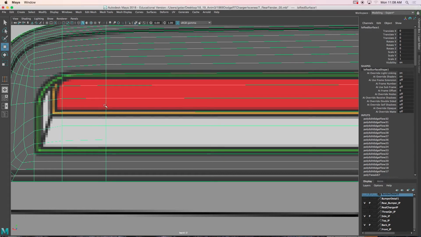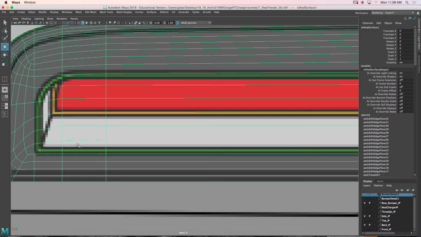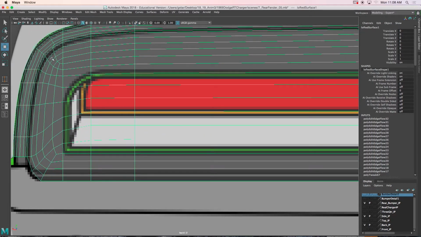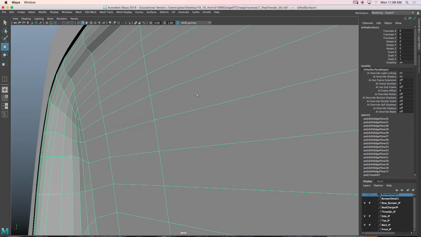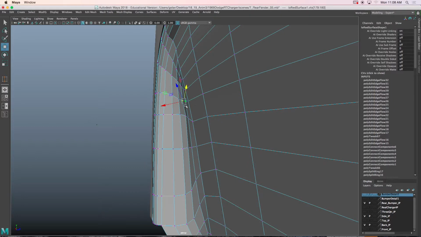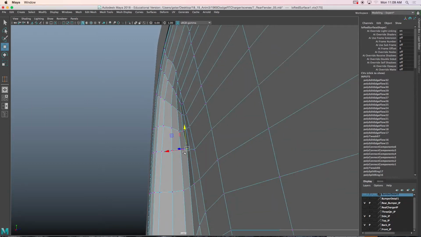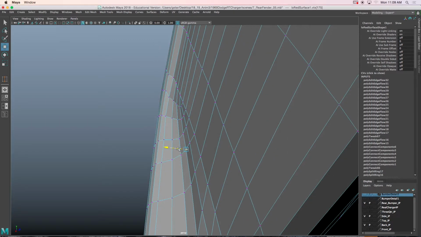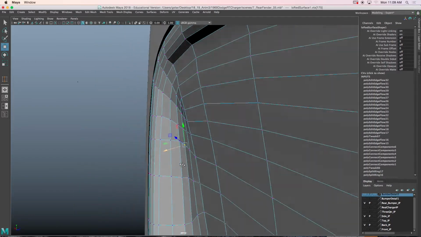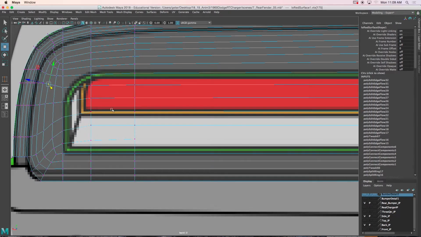So in the last tutorial, we were modifying this particular corner of the car, and I think I did a pretty good job. It's still not ideal, something that I'll have to work on in my own time, only because, again, I don't want to bore you guys with this moving vertices one at a time. So we're going to move right on to the next step, which is creating this shape